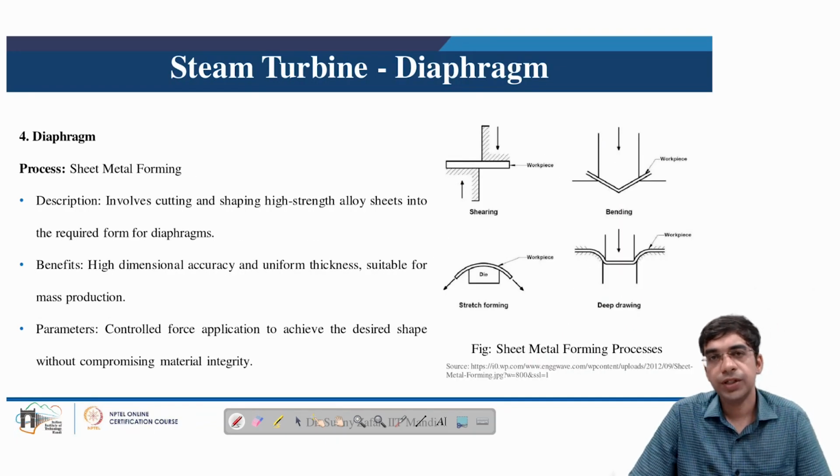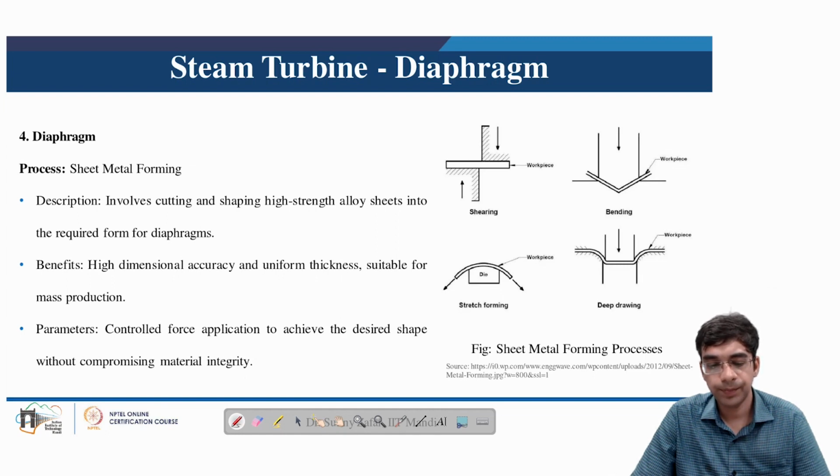Next are the manufacturing processes, deformation based processes which are used to manufacture the diaphragm of the steam turbine. In diaphragm manufacturing, the sheet metal forming processes are utilized. In sheet metal forming, processes like shearing, bending, stretch forming and deep drawing are utilized to change the shape of the sheet, and before doing that it also involves cutting of these high strength alloy steel sheets into the required